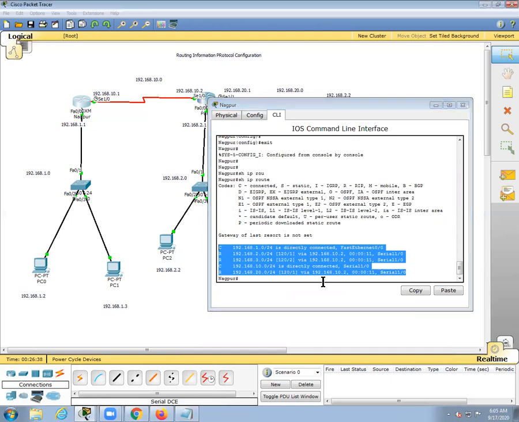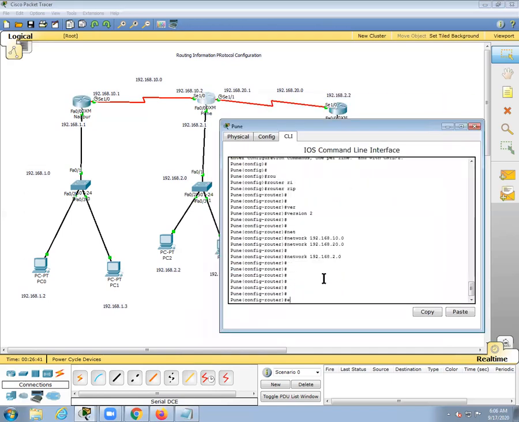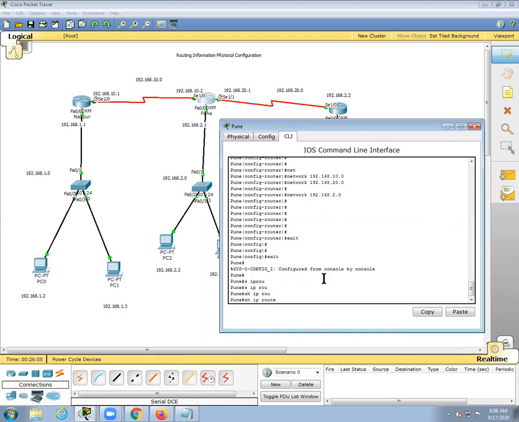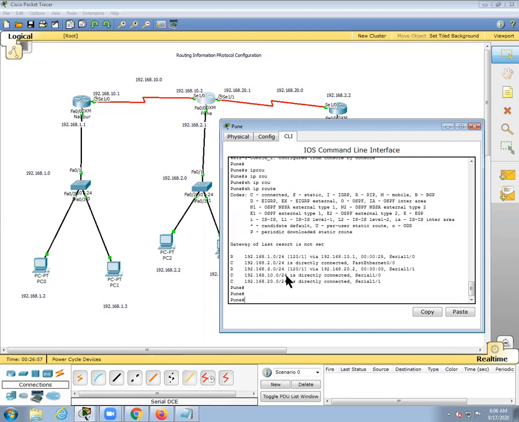Same if you go to the Pune router and fire the same command, show ip route. Here also 5 networks are available. And how are they available? Here it shows R. R is RIP, routing information protocol. That 1.0 has been learned via 10.1.